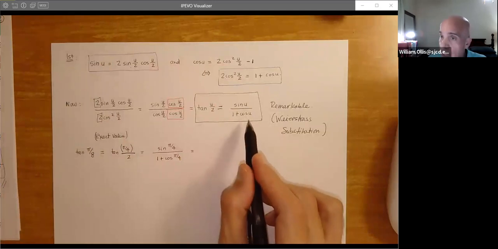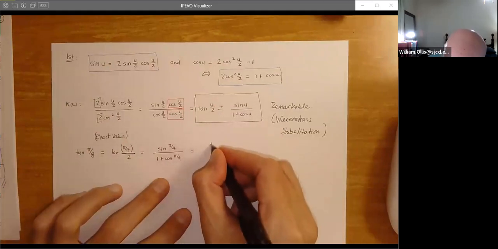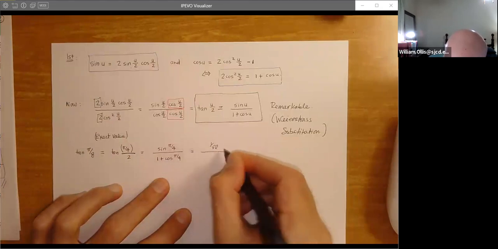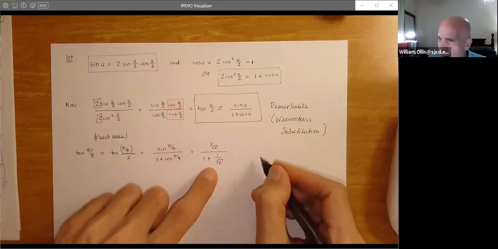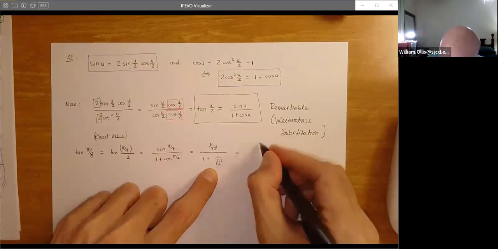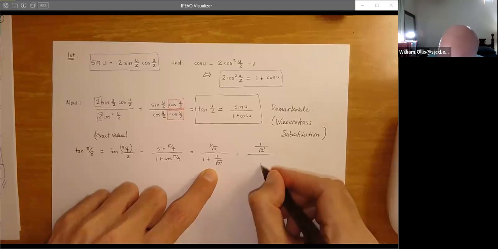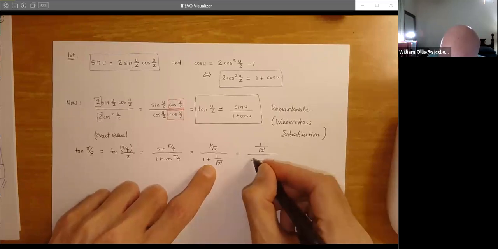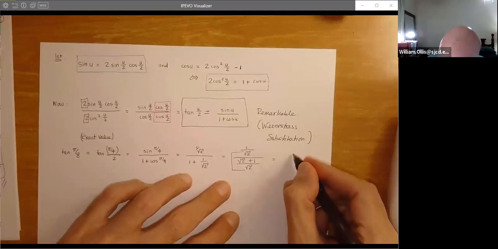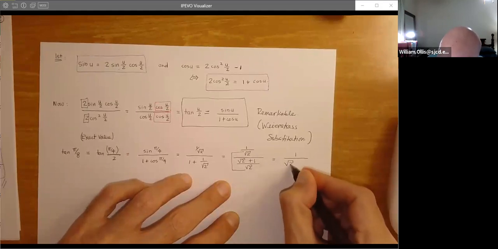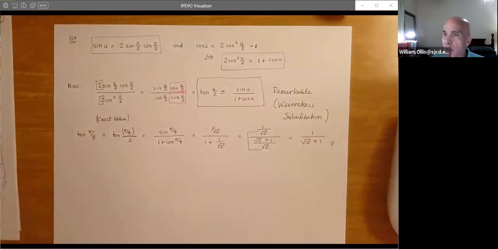And then of course you could conjugate this to get another form, but since this is calculus one, we'll just focus on it. So this is 1 divided by root 2, and then 1 plus 1 divided by root 2. Now that's a little bit messy. It's complex. So let's go ahead and get a common denominator. So we'll do 1 over root 2, and a common denominator, root 2 plus 1. And of course, the root 2 is absorbed, and we just get 1 divided by root 2 plus 1. And that's the exact value for tangent of pi over 8.